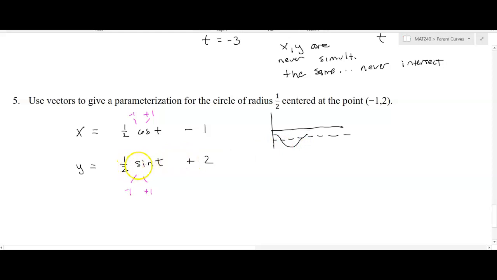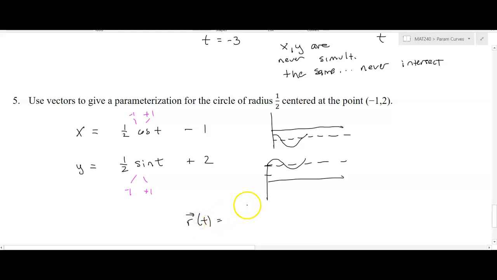And when you take 1/2 sine of t plus 2, what that's going to do is shift the center line up 2 units, and now it's just going to oscillate about the point 2 with an amplitude of 1/2. And so the reason I wanted to point this out is because now your position vector can again